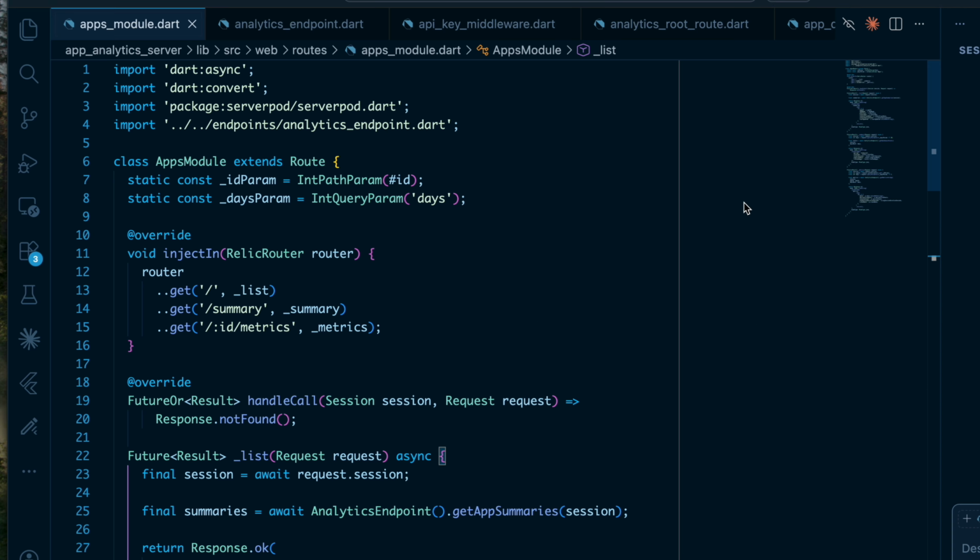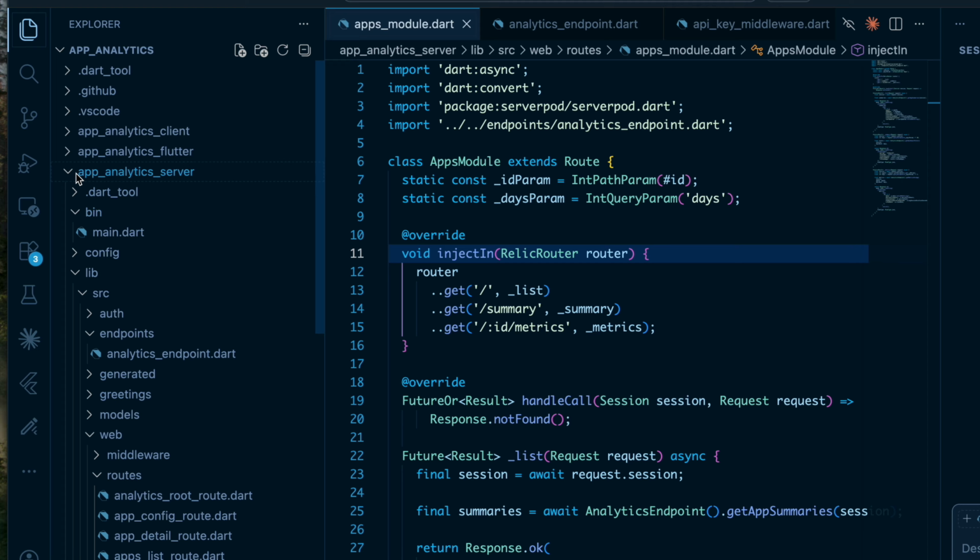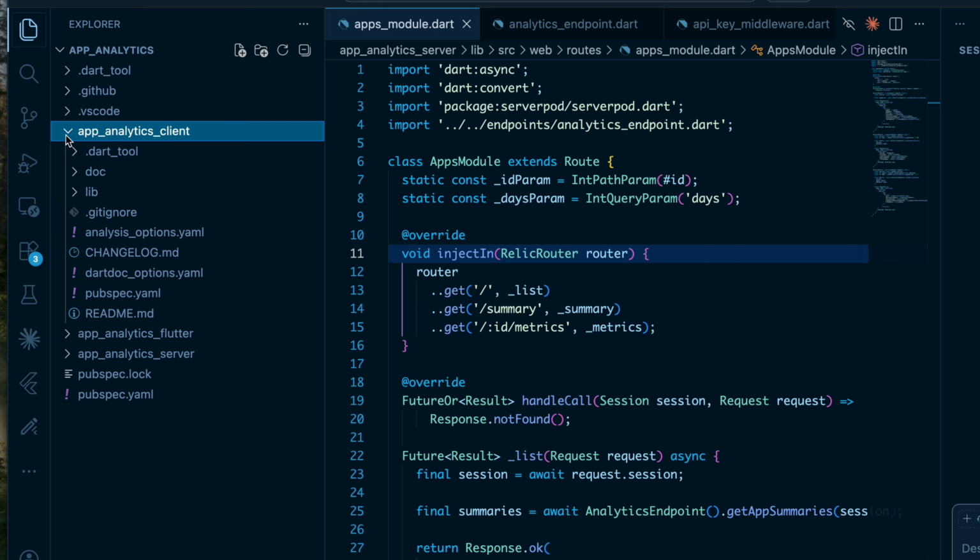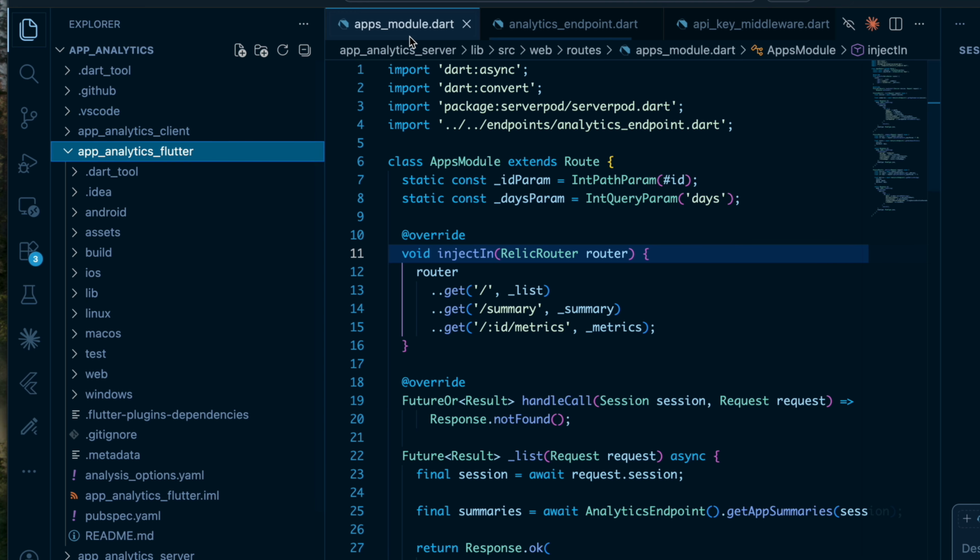So our Flutter project already exists. It was created by the Serverpod CLI when we created our Serverpod project. It lives in app_analytics_flutter. So the first thing we need to do is make sure it can connect to our Serverpod backend,